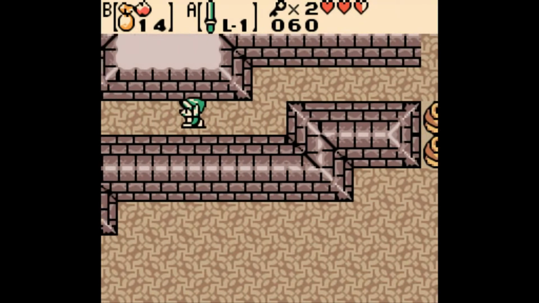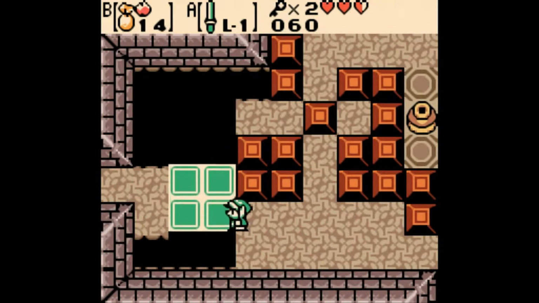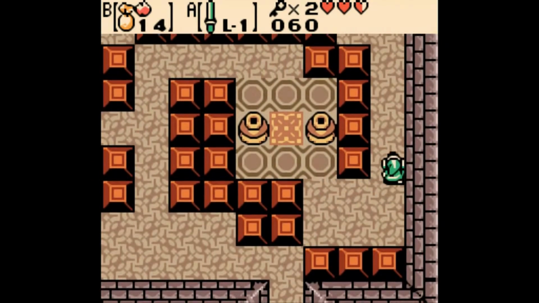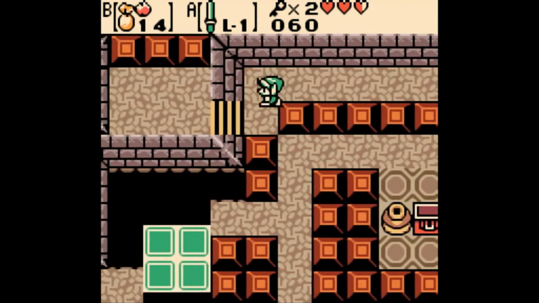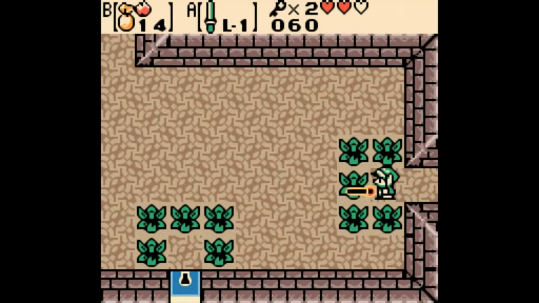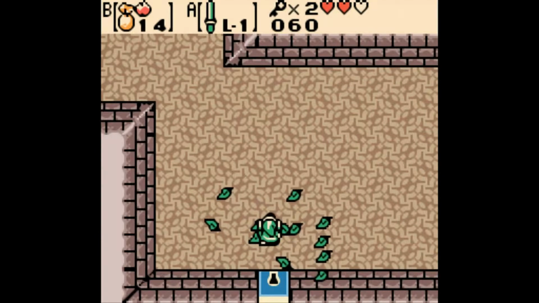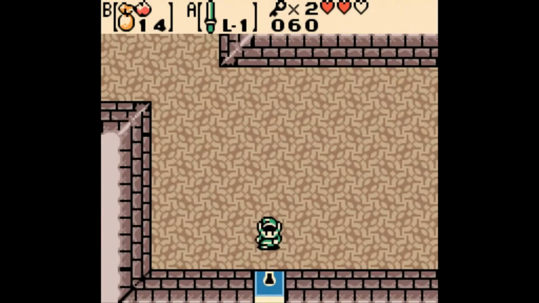One thing about Oracle of Ages versus Oracle of Seasons that is already pretty apparent is that Oracle of Ages is a much more puzzle-oriented game. There are a lot more logical puzzles and timing things, whereas Seasons is a much more combat-oriented game, which doesn't make it bad by any means. I actually like Seasons better, but that's possibly just nostalgia. Oh, charge up. There we go. Because I actually played Seasons before I played Ages because I liked red more than I liked blue, so...